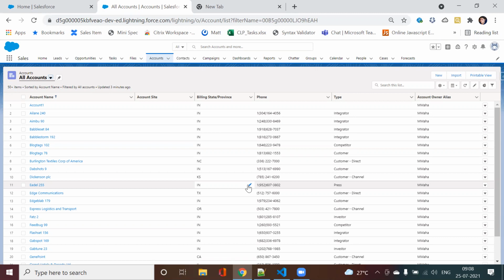How the lightning experience was different from Visual Force pages or Salesforce Classic was this: in Salesforce Classic, I had to develop code using Visual Force, and to make it work for your mobile and desktop application, I had to write a separate set of code. Now with lightning components, the advantage was I was writing the code in one place, and it could be used on the desktop as well as on mobile.